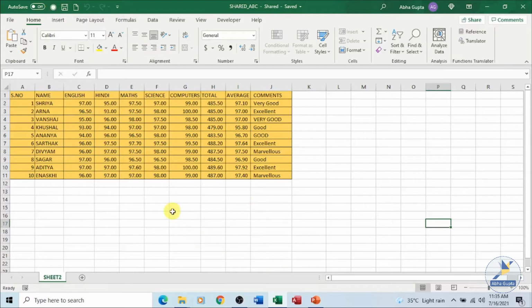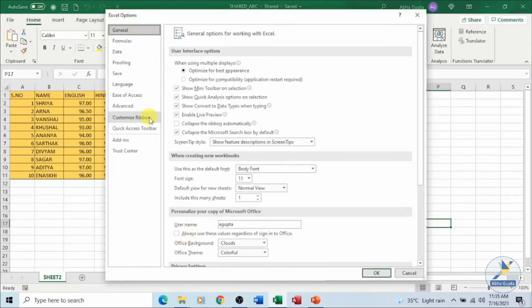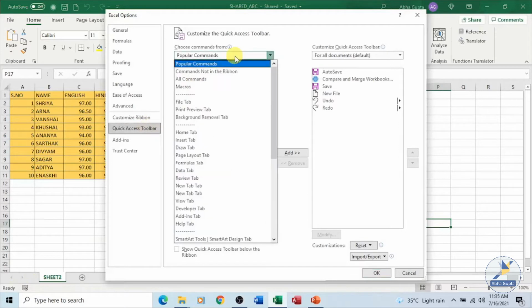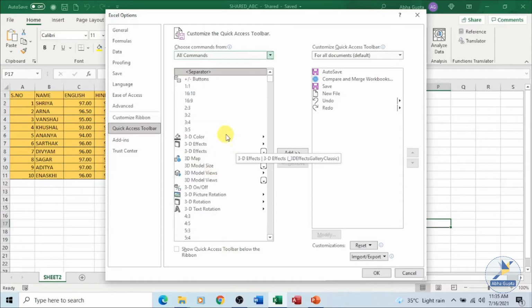By default it is not available on any of these tabs or ribbon and not even on the quick access toolbar. You have to go to file, options, and click on quick access toolbar and select all commands from this list. You can choose the compare and merge workbook option and then add it to the quick access toolbar.